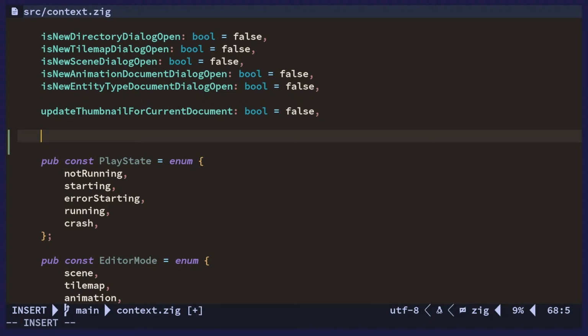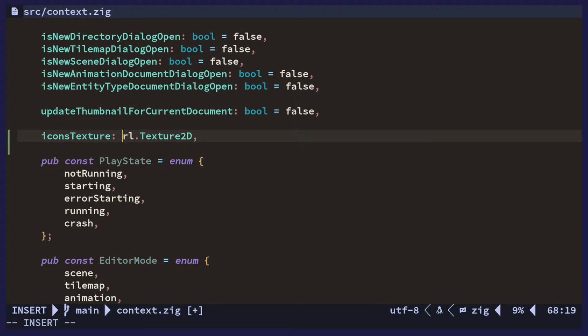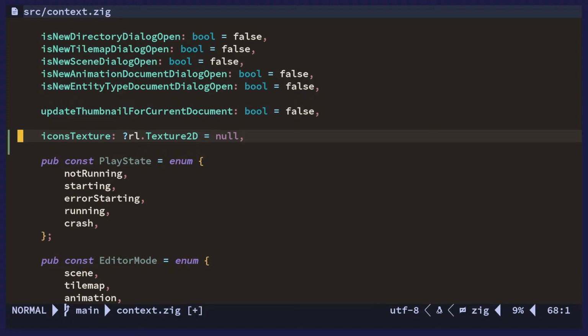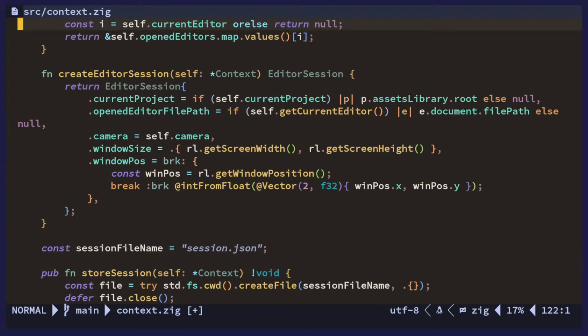We could put, yeah, just the icons texture. Let's make it nullable, since it might not actually be loaded. And then when we load,